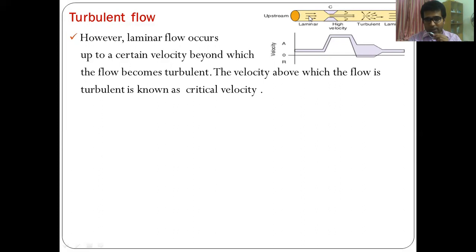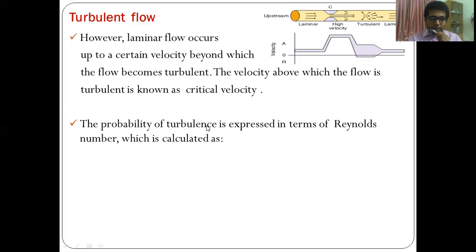Initially, it was laminar, but when it passes through a partially obstructed area, this laminar flow is disrupted. Due to narrowing of the lumen, the velocity increases and the flow becomes turbulent. And this turbulent flow produces sound. Now, the probability of turbulence is expressed in terms of Reynolds number, which is calculated as Re, and which